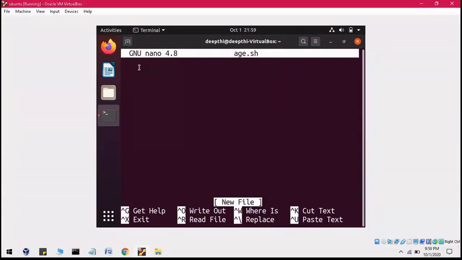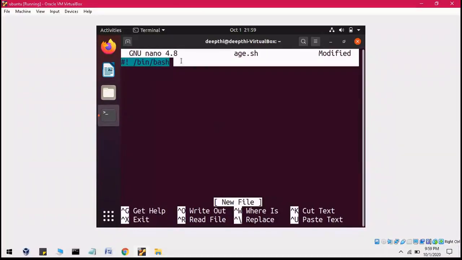Now, whenever we start writing anything inside this nano editor, this is a file being opened inside it, and the name of the file is age.sh. Before that, we have to first write hash, then exclamation sign, then space, then /bin/bash. And what do we mean by that? Because we are using the bash shell, and this bash shell is located inside bin. So we always start with this, so that we tell the terminal that our shell script is located at this location, right?